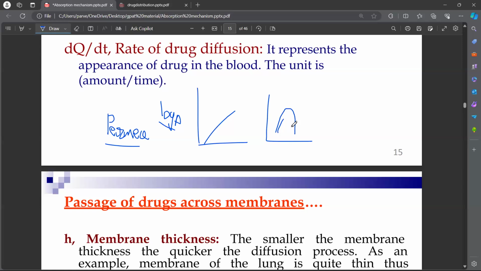These are very simple questions, and this year the GPAT question paper will be fully conceptual. So try to clear your concept. What is the relationship between the log P and the permeation? It is not linear. It is U-shaped. At a particular log P, the permeation increases, but